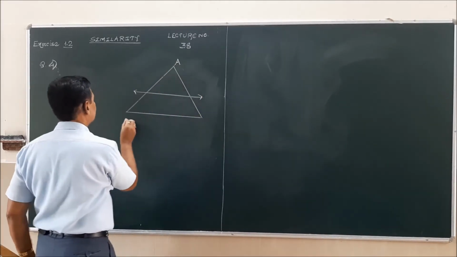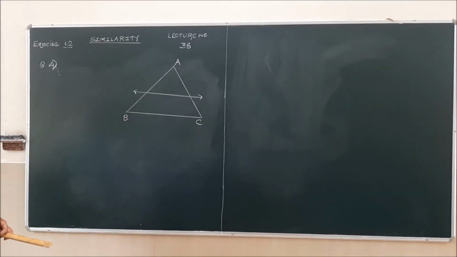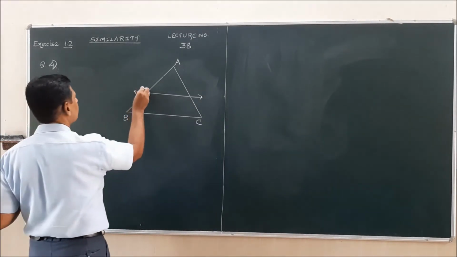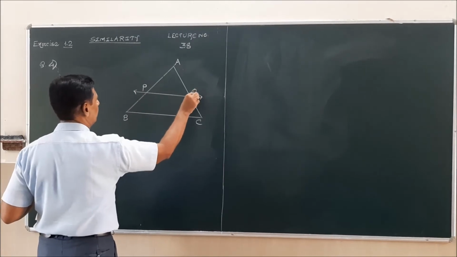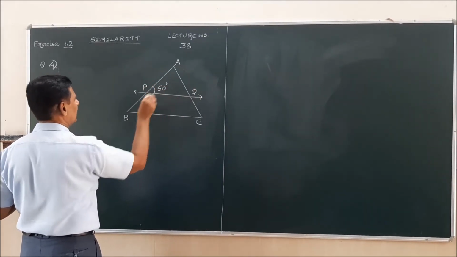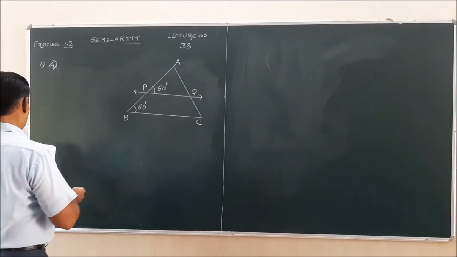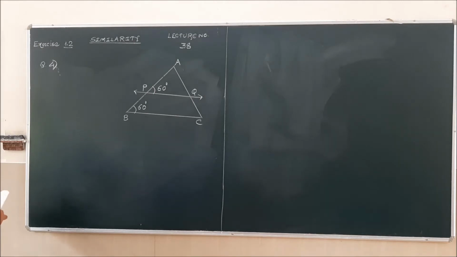This is triangle ABC, students. In this triangle they have given us PQ. This angle is given as 60 degrees as well as this is also given as 60 degrees. Then to prove that,